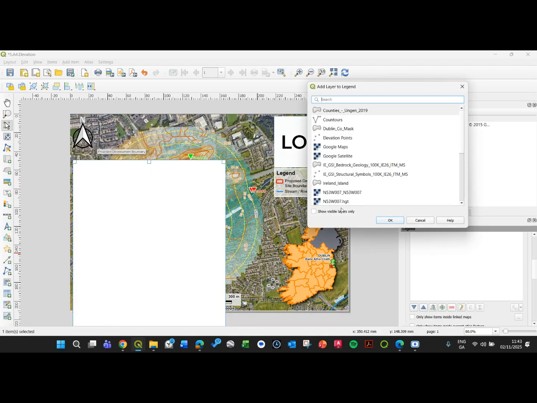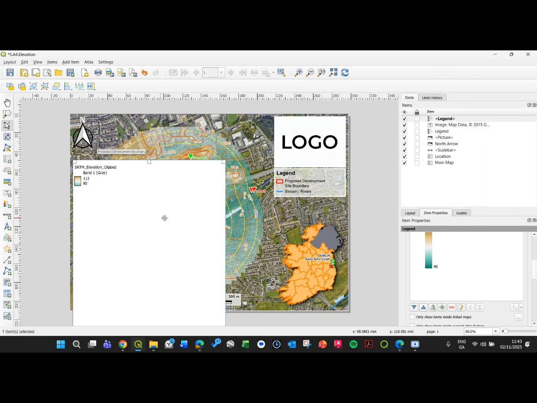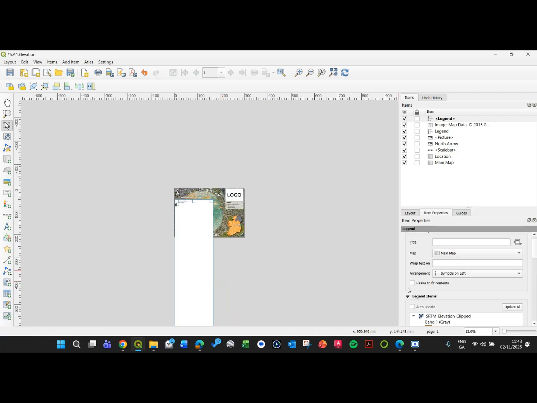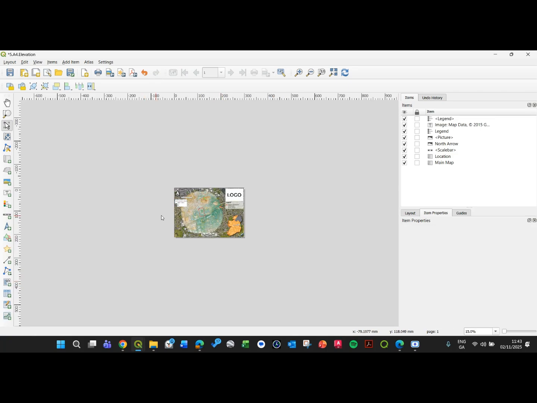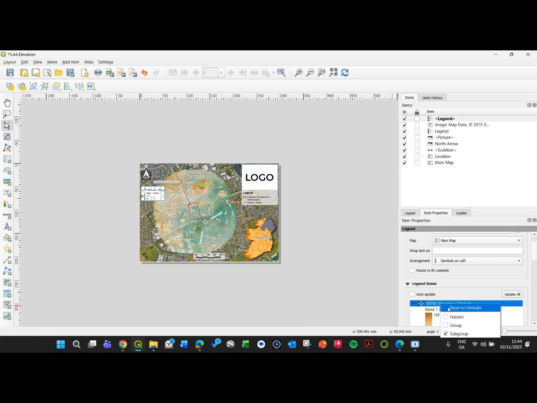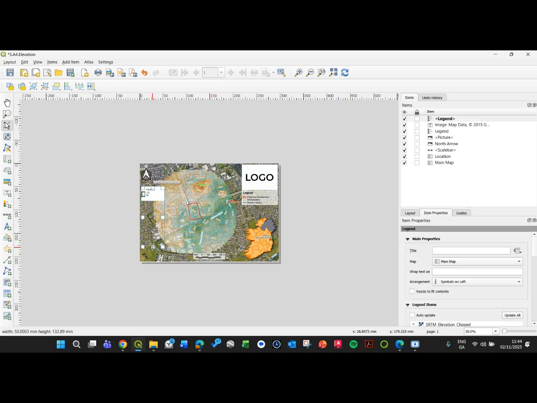Let's add only the one which matters, which is the SRTM. We have it here, resize just to fit there. So again, I don't want to see this name, so let's rename it. Hide it, elevation will be the name, just double clicking, guys,